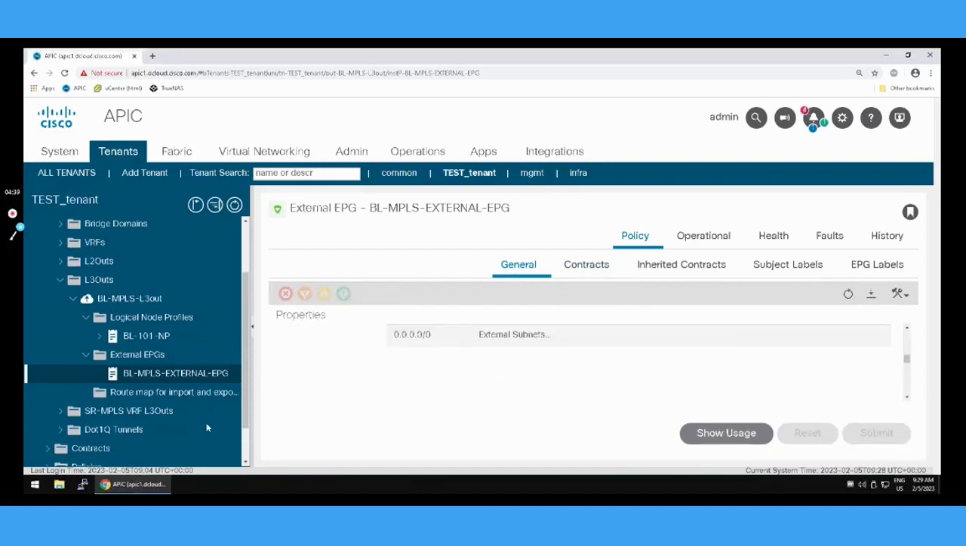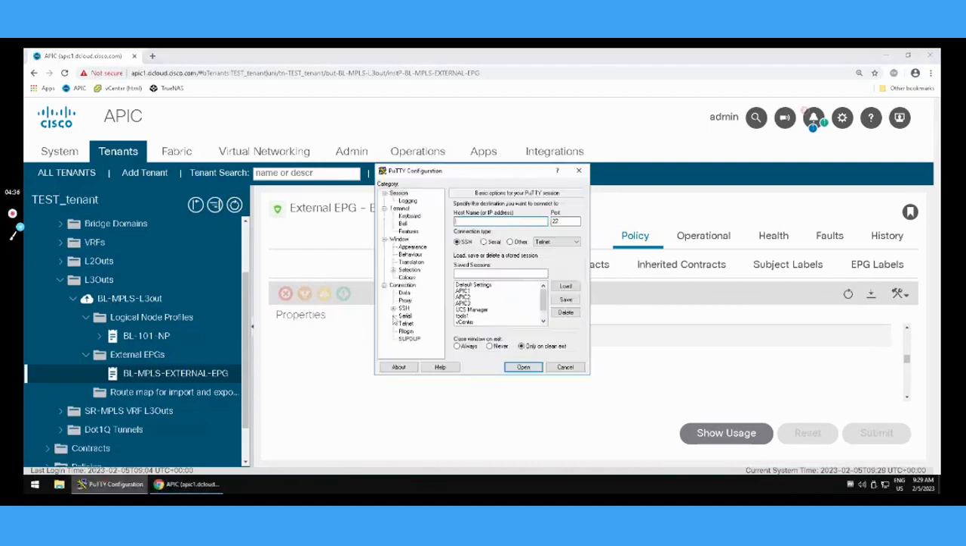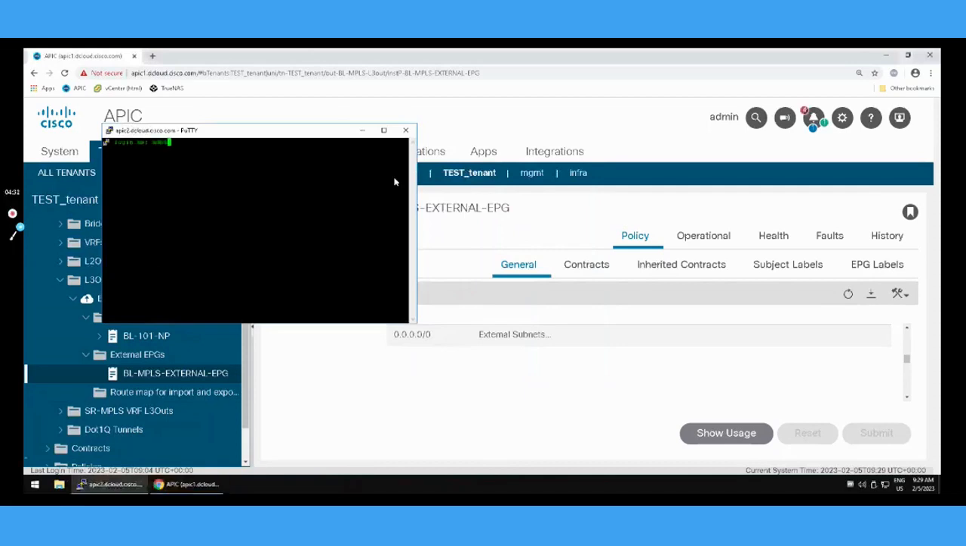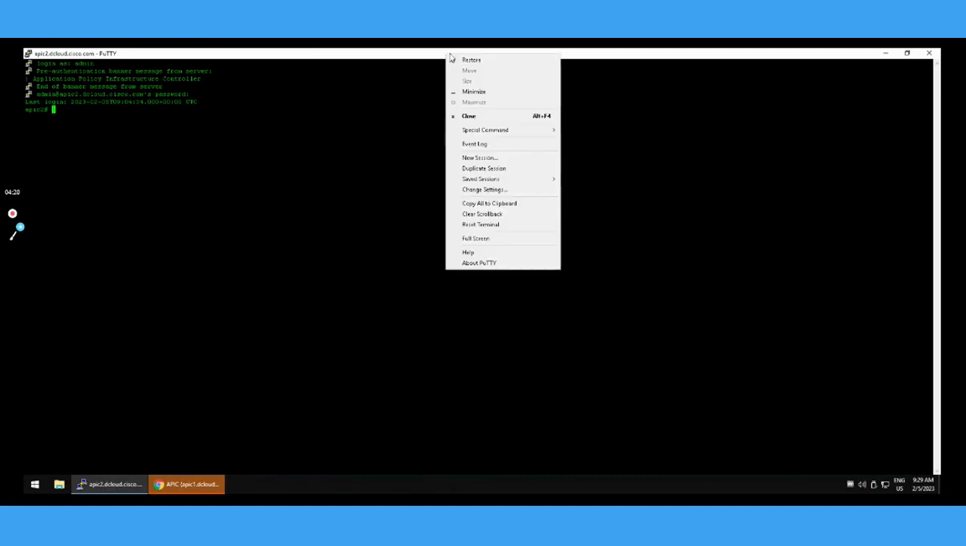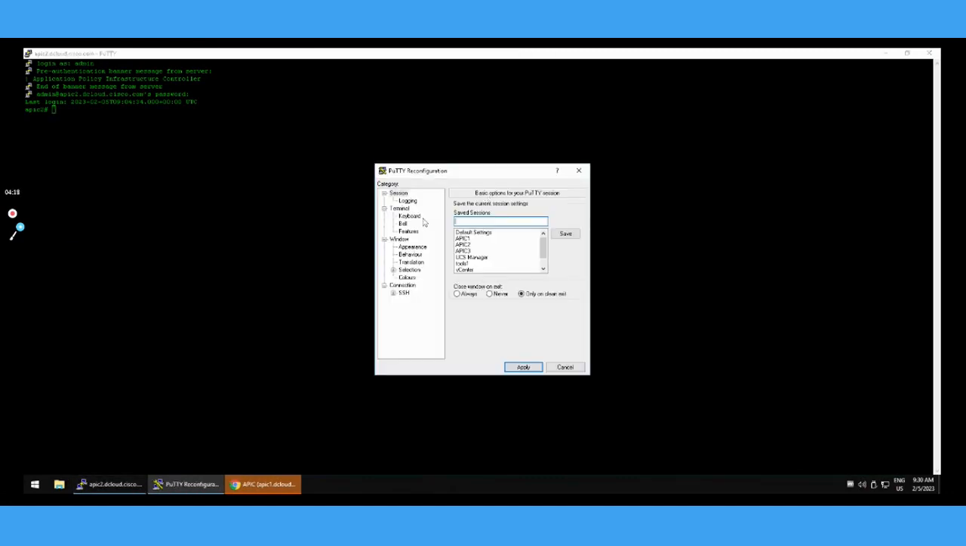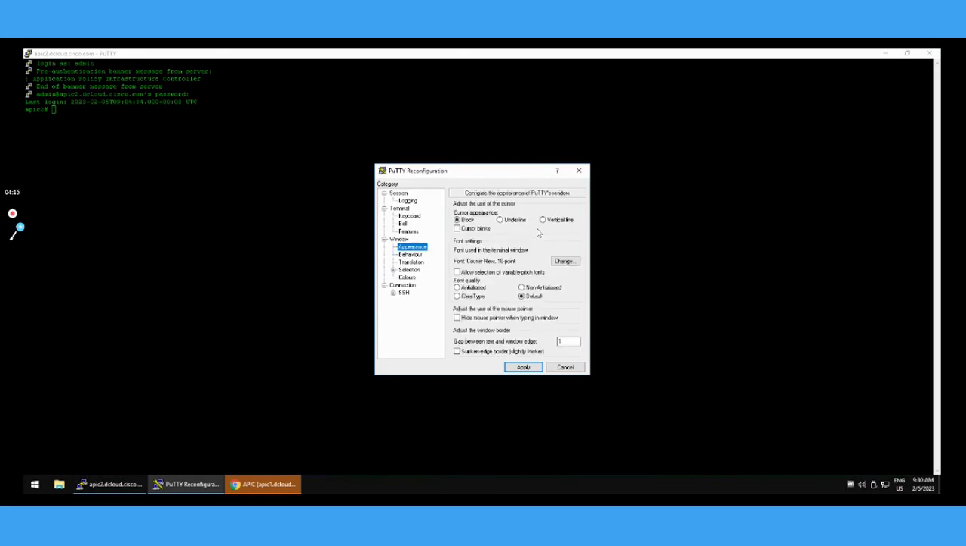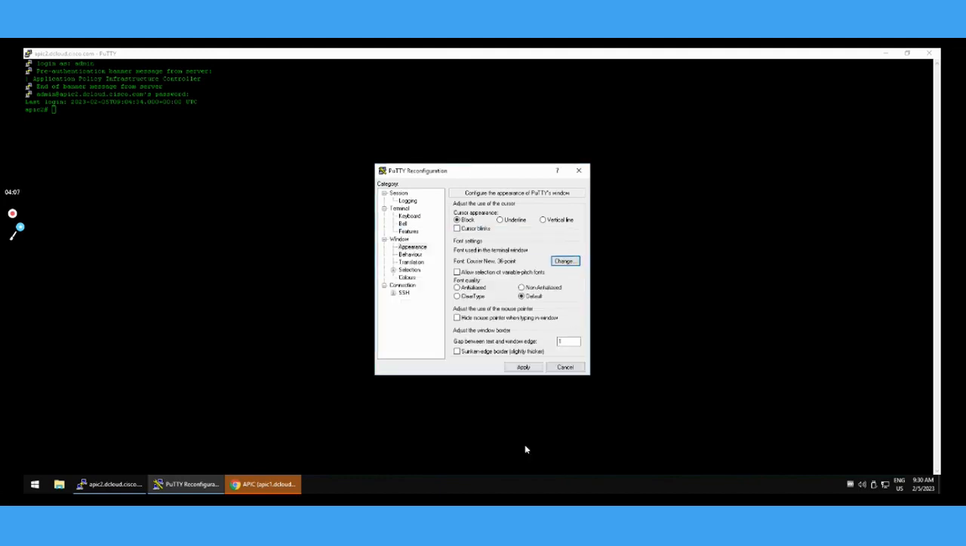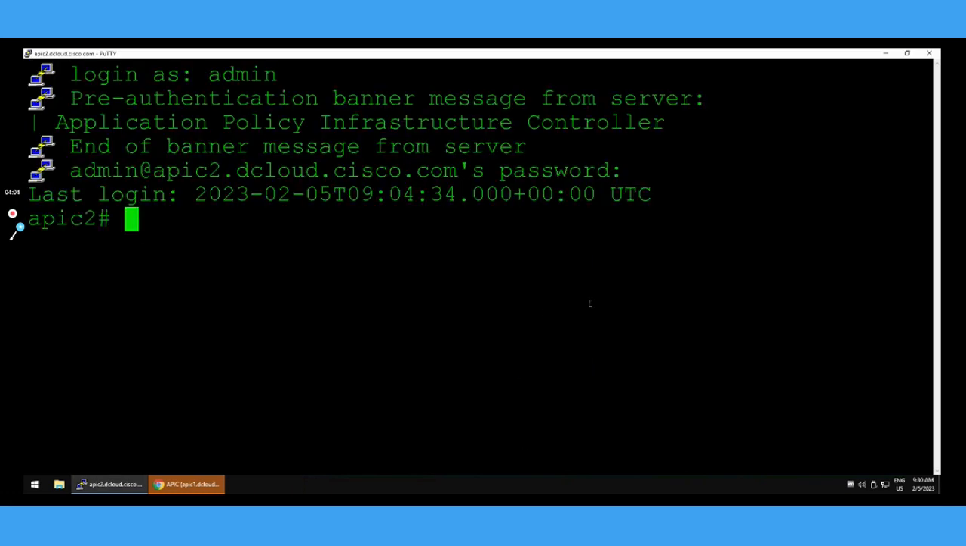The other thing, let's jump to the APIC now to see if the configuration pushed on the leaf or not. I'm logging to the APIC CLI. Logging to the APIC. Let me increase the font size. So let's take the configuration. Show run